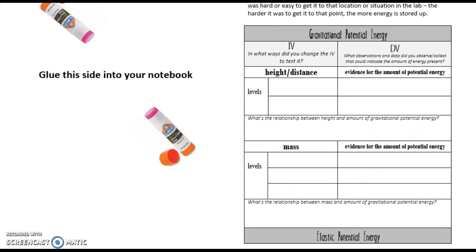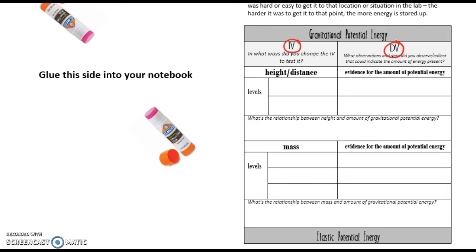You'll notice there are two things. You'll see an IV and a dV. So we talked a lot about this at the beginning of the year. The IV is what you change, and there's a question underneath that to help you. The dV is what kind of observations or data did you observe or collect that could indicate the amount of